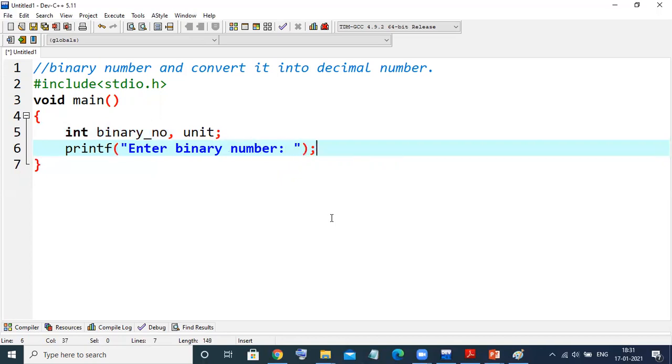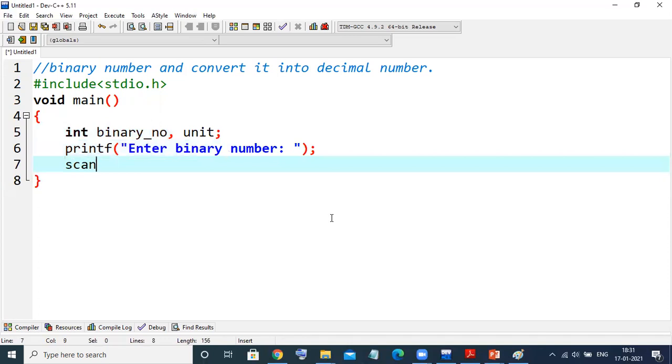We'll take small numbers to understand better. scanf %d, address of binary_number. We have got the number.